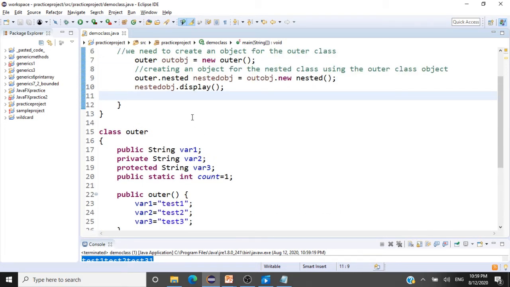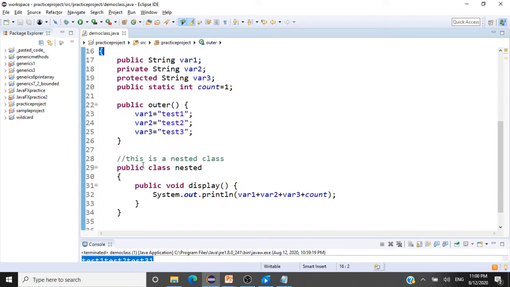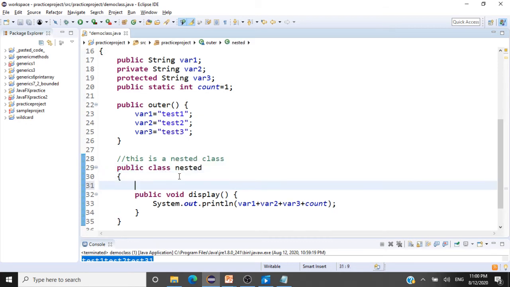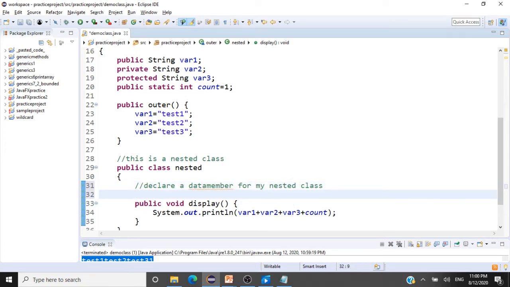I hope you are following me. The next thing that we have to learn is an outer class cannot access any of the data members of the nested class. Let me go and declare a data member for my nested class. So let me go with the public data member,